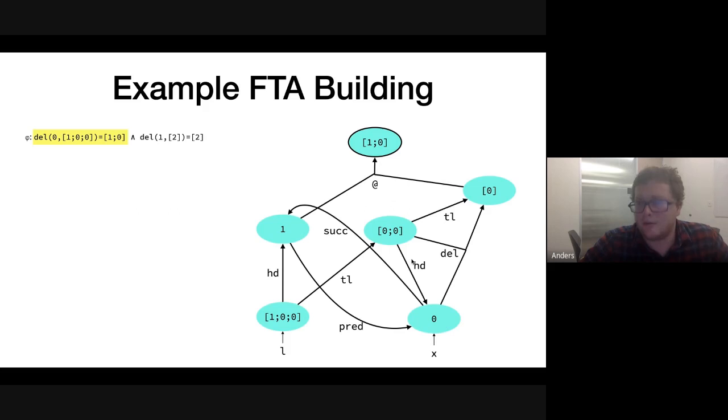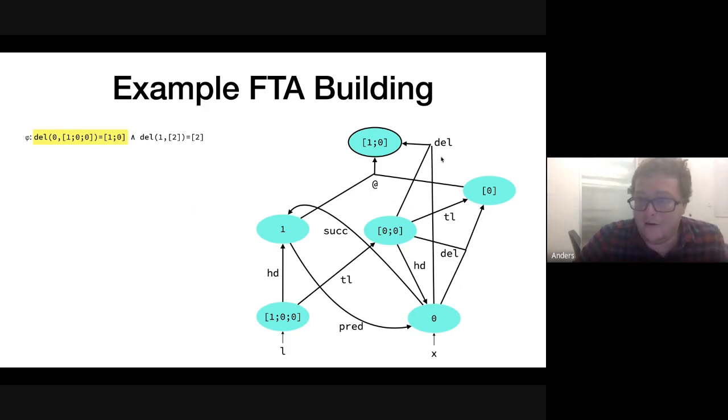I don't know if I put it in here, but because I'm doing an angelic evaluation, there isn't necessarily this single del. I can actually have multiple dels. Oh, here we go. I did do that. So I had a del where I can do del of 0 and 0, 0. That can just return 1, 0, because that is a valid call, at least with this specification. So this builds up an FTA that talks about any valid program. All of the valid programs are those that end right here. So if it ends here, then the program is accepting on the input values of 0 and 1, 0, 0.